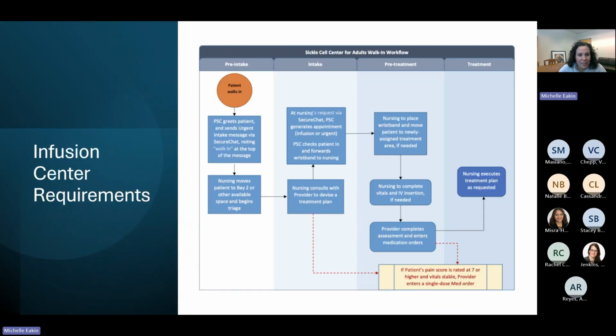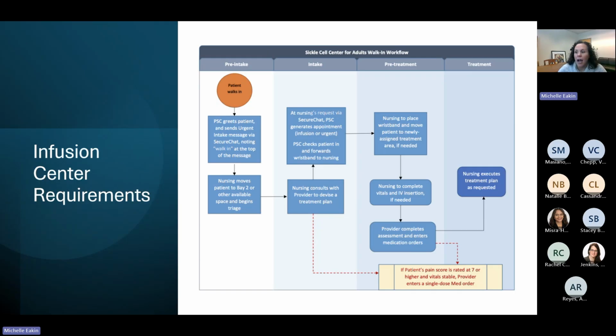But it can be a complex intervention. I always say this is a very different implementation project because we're not just asking providers to prescribe a different medication or implement a screening tool. We're actually really asking for a new service line delivery where we're looking at existing outpatient infusion centers and asking them to develop and implement a whole service delivery system to be able to see sickle cell patients on an